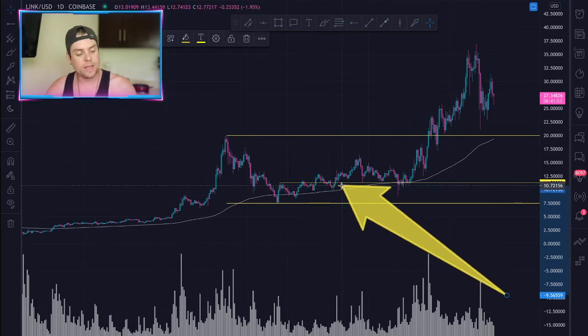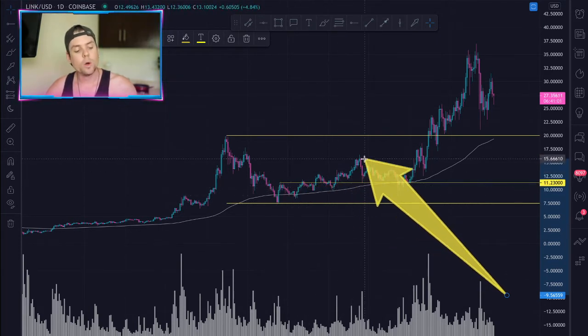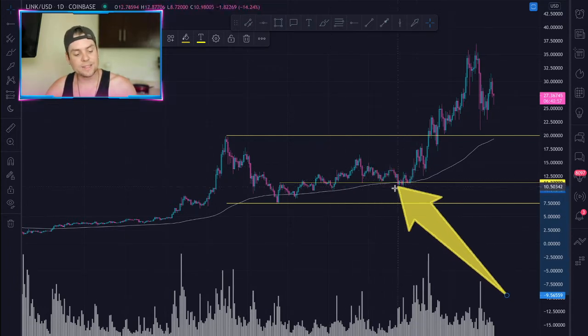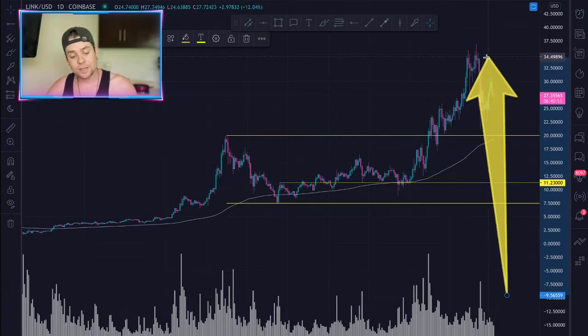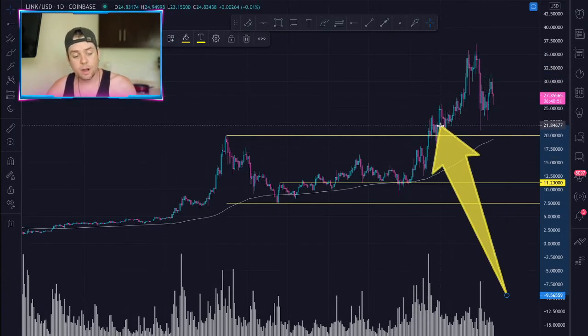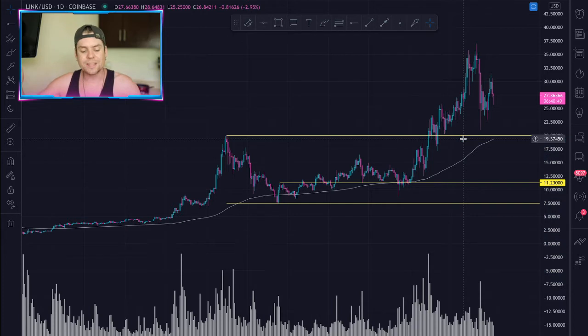We get above the area of the automatic rally. We can break out of that on a sign of strength. We get a successful test, and then we start to move out, and we're actually in a very strong environment on the US dollar pair. So what gives? Where's the follow through? Why is it taking so long for us to get these pretty large moves that a lot of us have seen inside of Chainlink in the past?